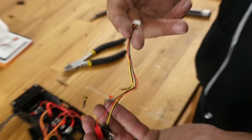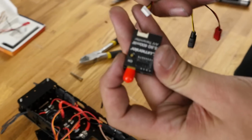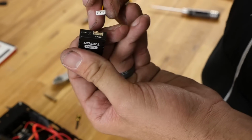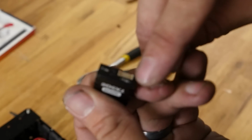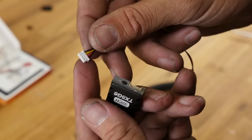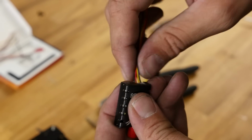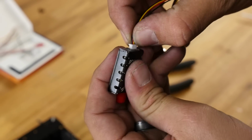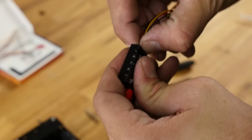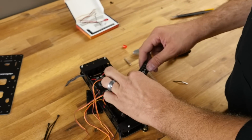So I'm just going to use this cable that's included right here. Now take special mind whenever you're plugging this in that you have negative and positive and then negative on the far end. So I'm going to match it up. There's my negative and positive, my video, and negative on the far end. Also there's some tangs right here that allow it to go in. You want to be very careful. This is a small connector, so make sure all your pins line up nice and neat before you plug it in. Next step that we're going to do